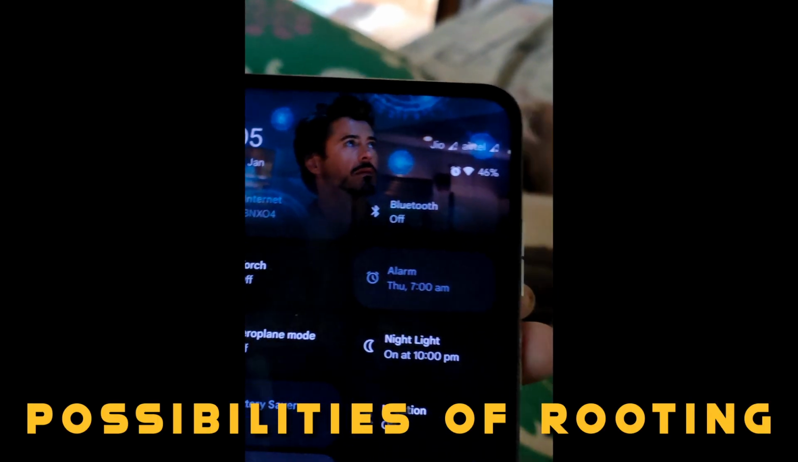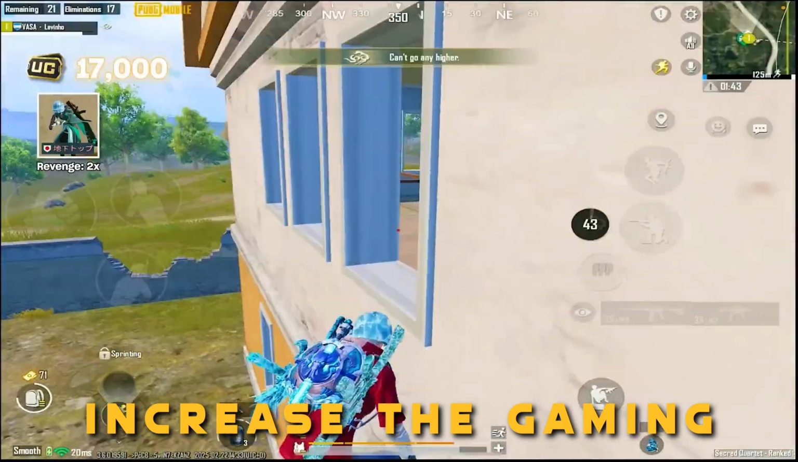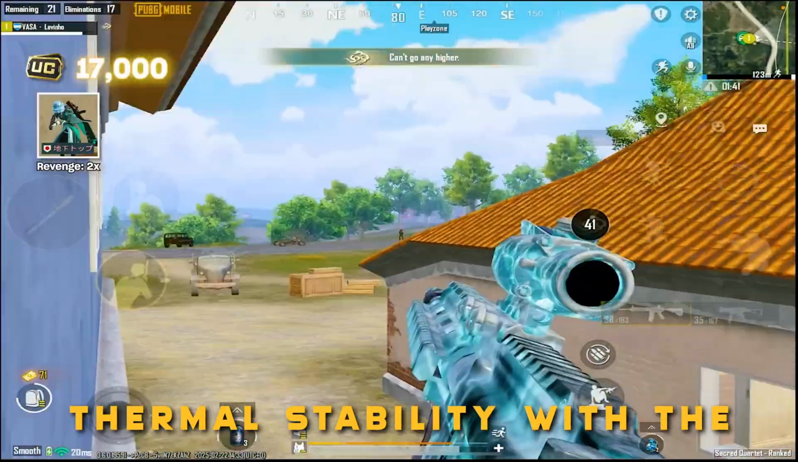Also, by the possibilities of rooting, we can further increase the gaming performance and battery thermal stability with the help